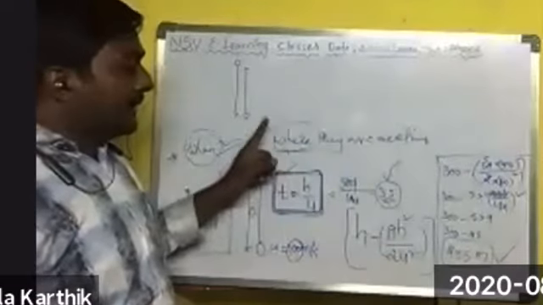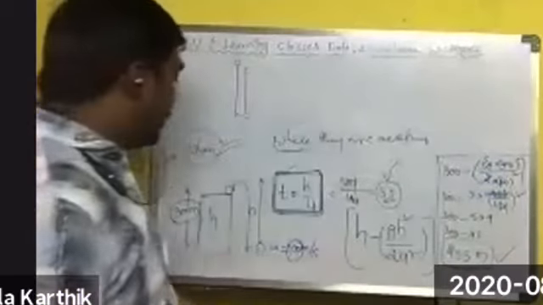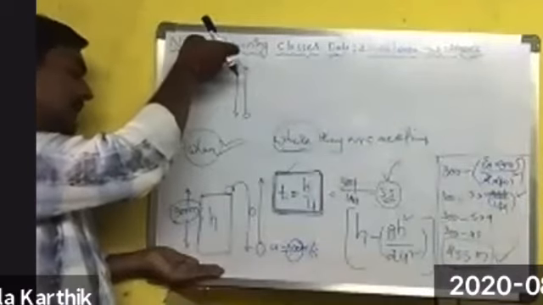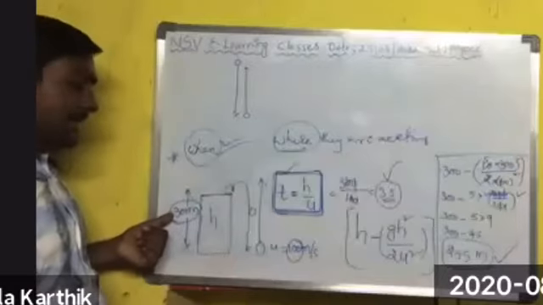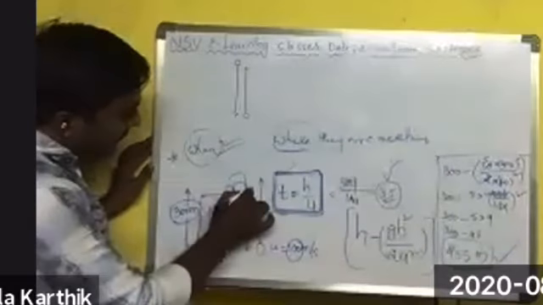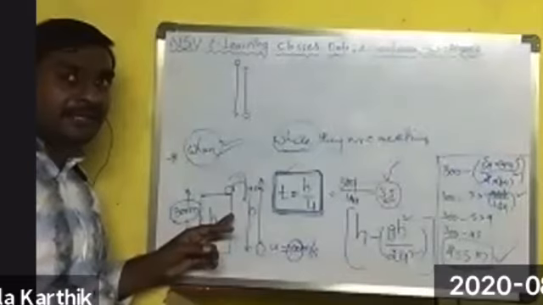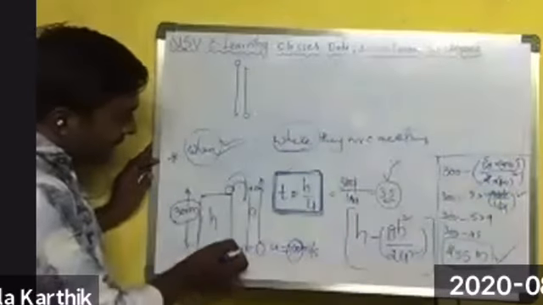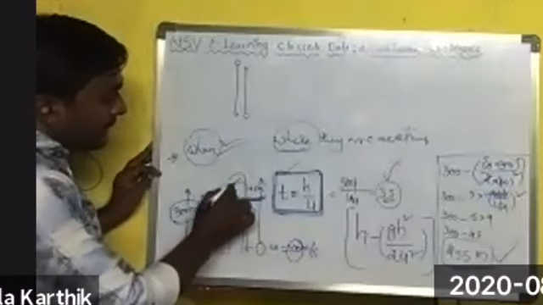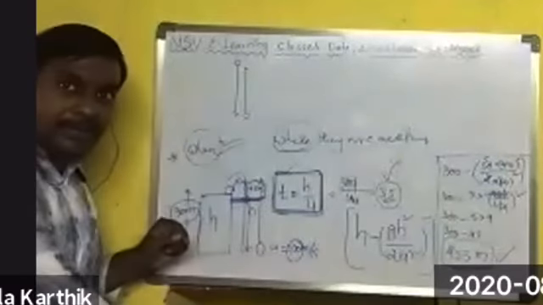Where they are meeting, simply by substituting all these values I got, it is from the ground, 255 meters above the ground, they are meeting. Then total height is 300 meters. So after release, it traveled 45 meters in this direction, and 255 meters in this direction. So exactly they are meeting at this point. From the top of the tower, for a freely falling body, 45 meters it traveled in the downward direction.